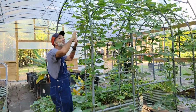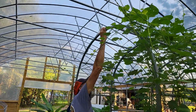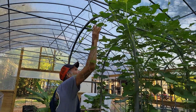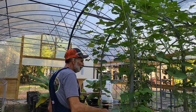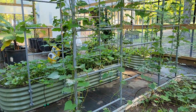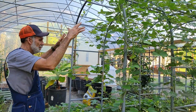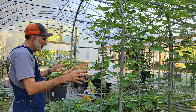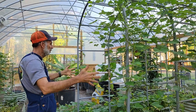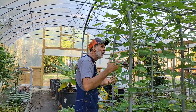I love this because I'm tall, and this is 8 foot. I can reach 8 foot, so it's like 7 foot, maybe 9 to the top of it from the beds down here. So guys, this is going to be a beautiful food garden one of these days. When all these grapes get up, and I'll keep them pruned back before they just cover this up, you'll be able to come in here and just walk and pick grapes. I mean, to me,